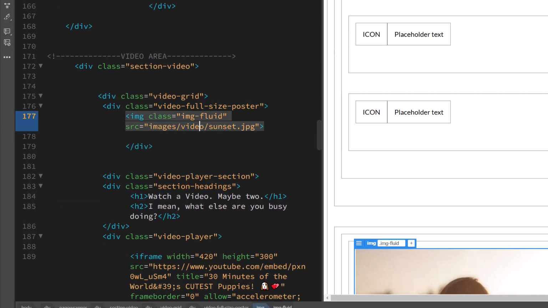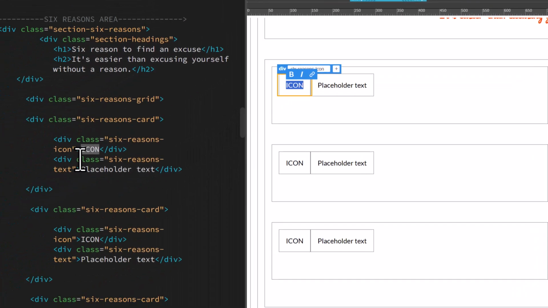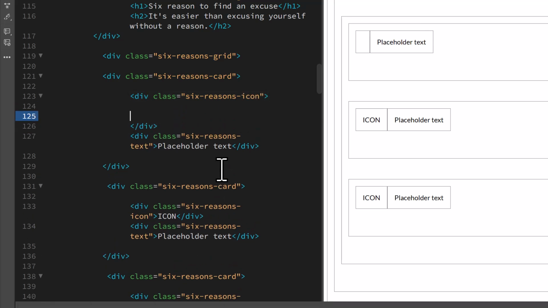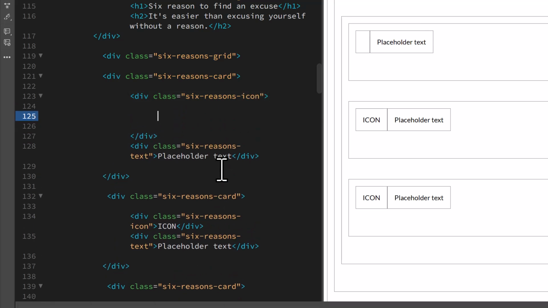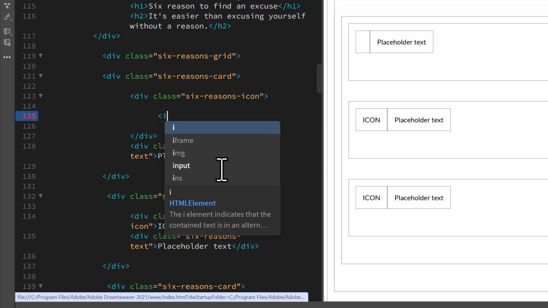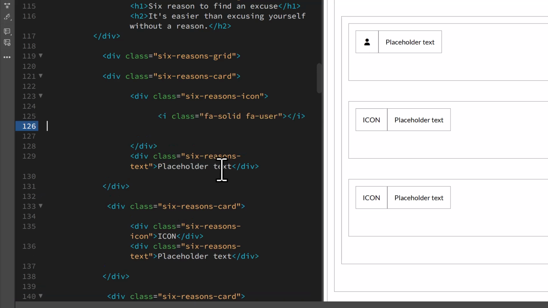Okay, so how we get these into our page now that we've created the link is by using a special tag. Now, once upon a time, this tag used to be reserved for italics and italicizing text, but the I tag became obsolete for that use, and now the I tag is used for icons. So you can say I, okay, to trigger the icon, and you add a class name, and the name of the icon, right? So you say I, and then you class equals